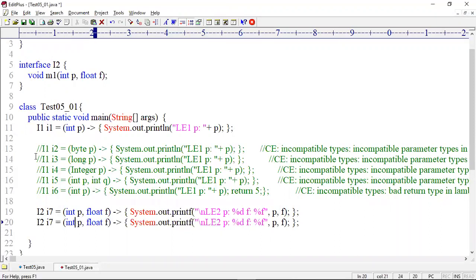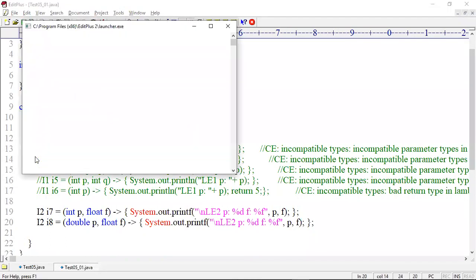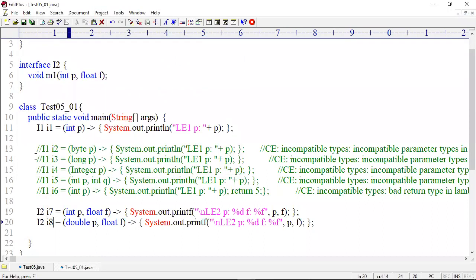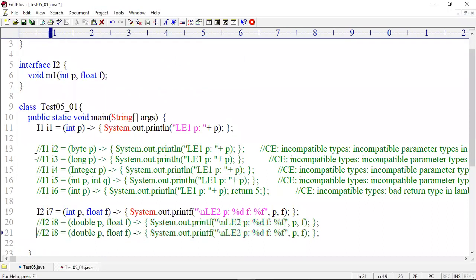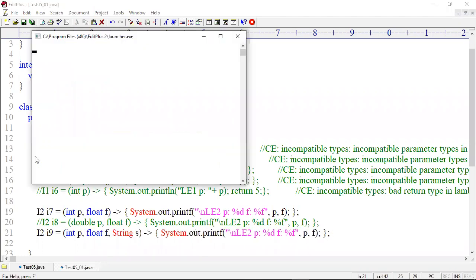Now I am trying different types of parameters: double p, float f. Is it allowed? Not allowed. Different types, the compiler will throw an error. Different list: int p, float f, and one more parameter, String s. Allowed or not? Not allowed.